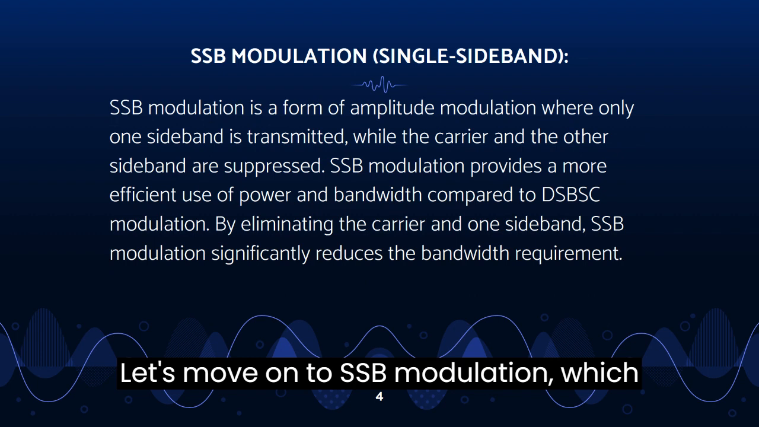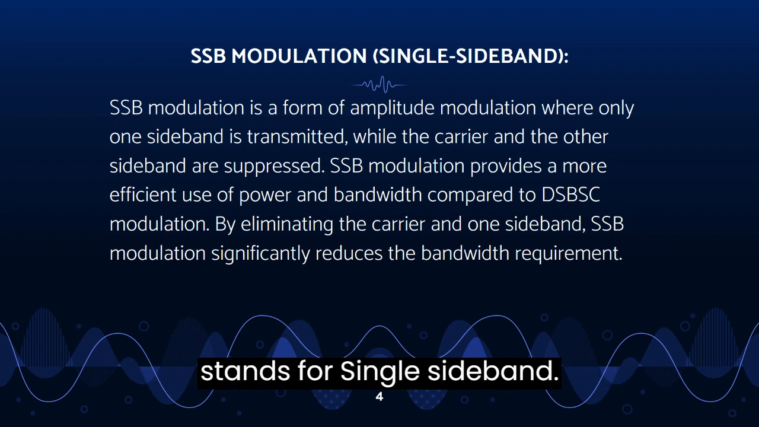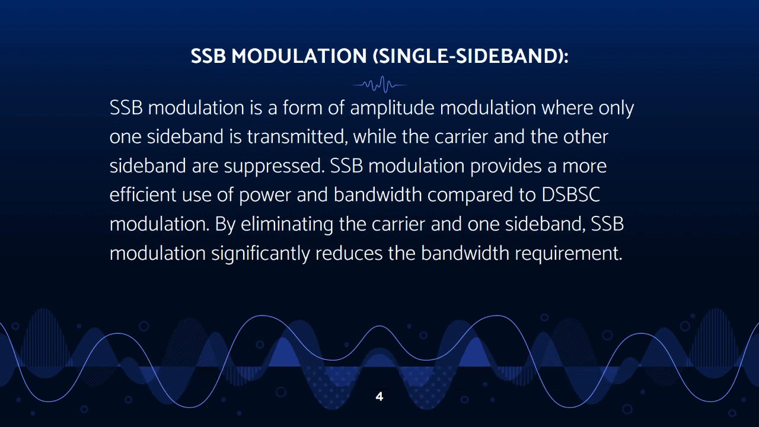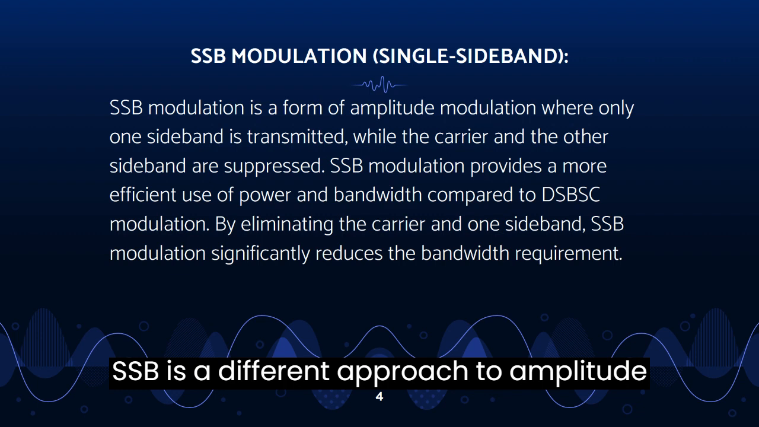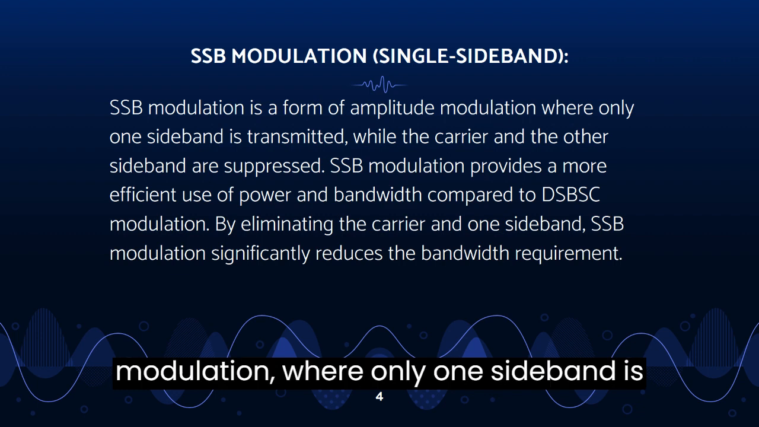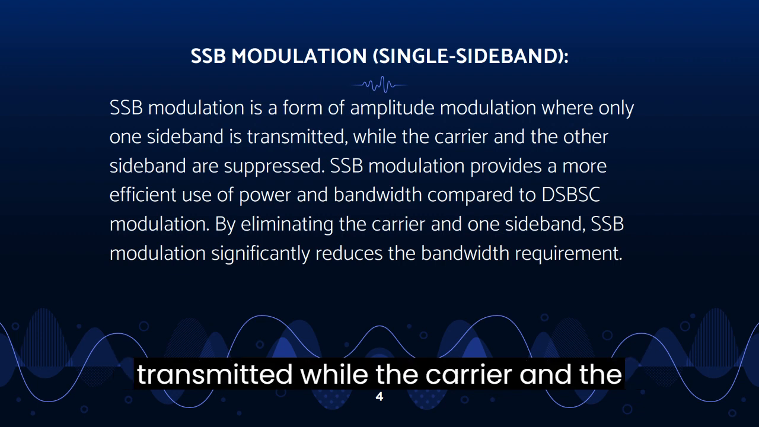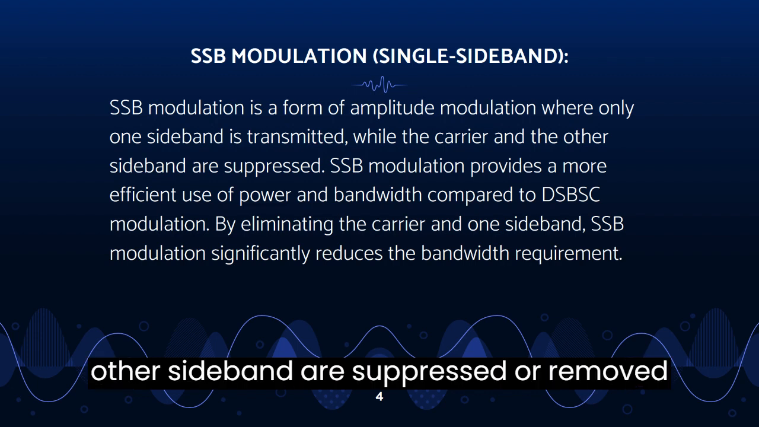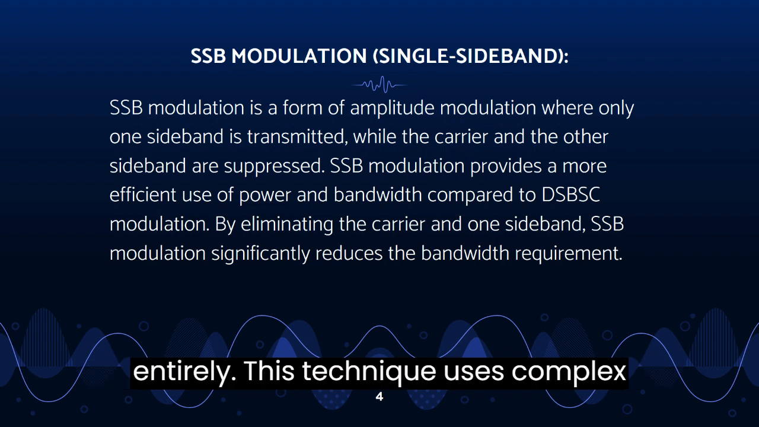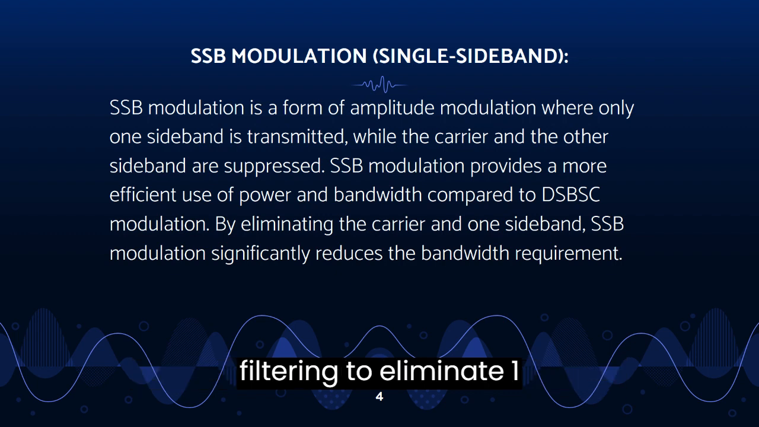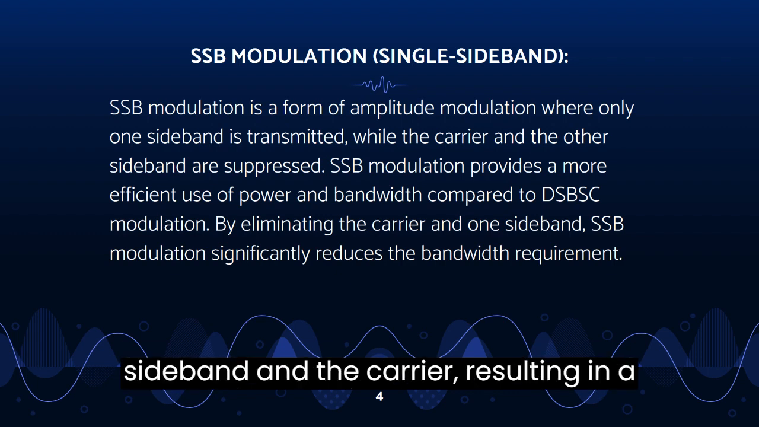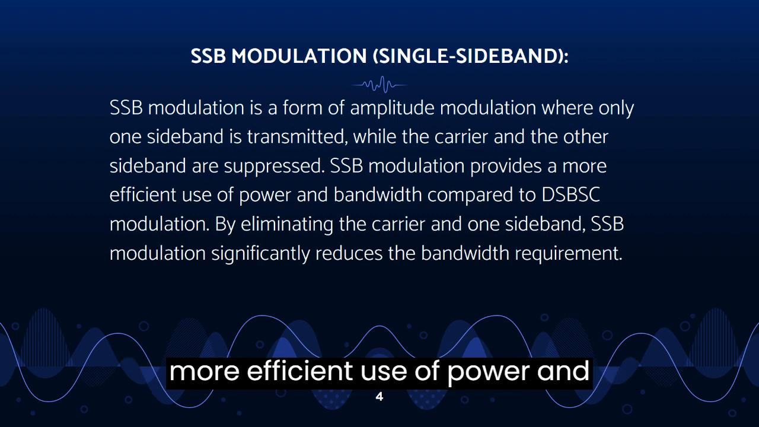Let's move on to SSB modulation, which stands for single sideband. SSB is a different approach to amplitude modulation where only one sideband is transmitted, while the carrier and the other sideband are suppressed or removed entirely. This technique uses complex filtering to eliminate one sideband and the carrier, resulting in a more efficient use of power